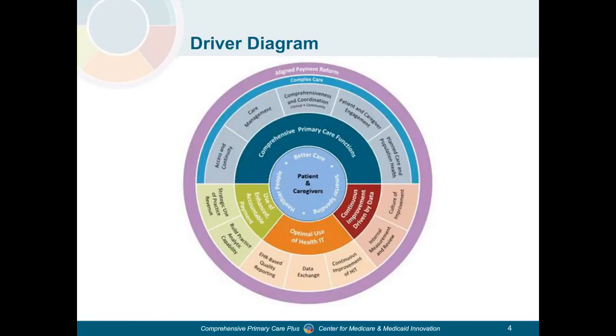All of you starting in 2018 have the added benefit of all that was learned during program year 1. So as we go through some of the foundational elements of the driver diagram, we will talk through and highlight some of the high impact changes that our 2017 starting practices identified. Of course, we know that all of you have already been making improvements to your practice. Some of you will have already accomplished some of the things that we'll be describing, and that's great.